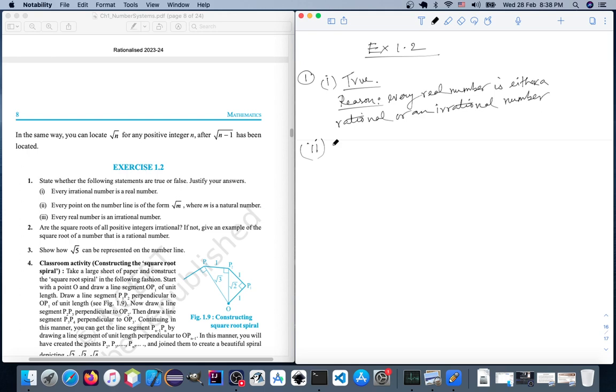If we take an integer number x, that can always be written in the form of root over m, where m is a natural number, because we will then have x squared is m. You take any positive integer, 2, 3, 4, let's say 5. I can say that 5 is square root of 25, and 25 is a natural number. Now it is saying every point on the number line. So for positive integers it is true, for negative integers,